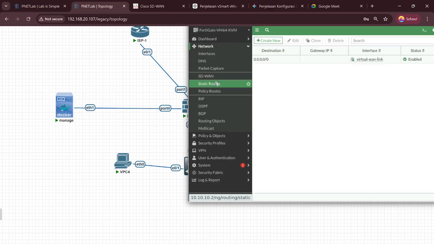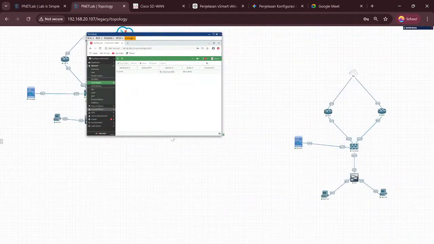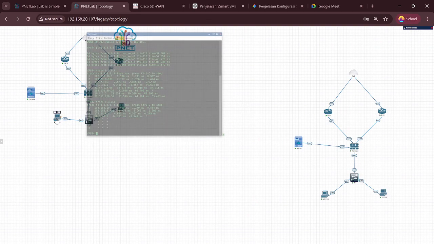Okay, don't forget to add the static route, virtual WAN link, status enable, and destination 0.0.0.0/0, and don't forget to test ping from the PC. Okay, test ping.